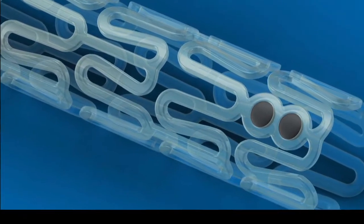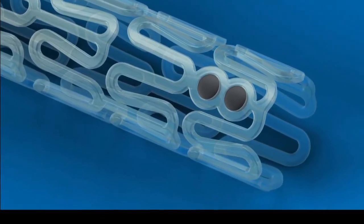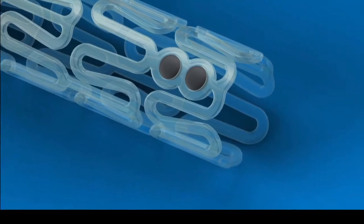So the footprint, so to speak, is a large footprint, and that's one of the things that Abbott is fast down the path on. They've already got the next generation, 33% thinner strut. It comes in under 100 microns. And I think you're going to see just overall better performance, because strut thickness is not really a positive thing as far as acute performance, the deliverability, profile,